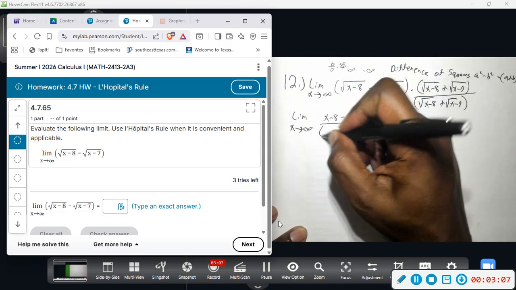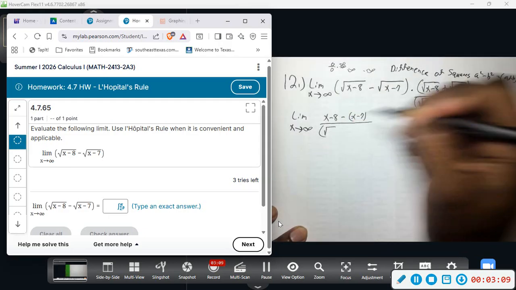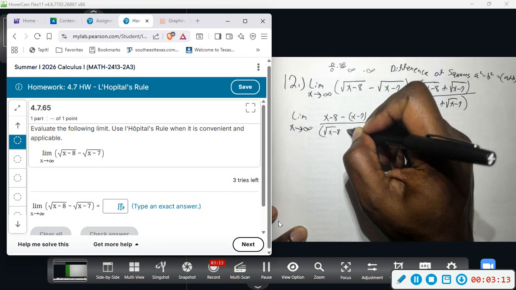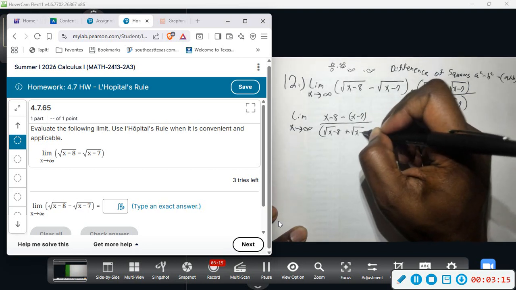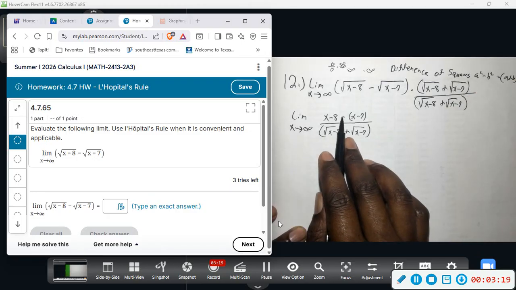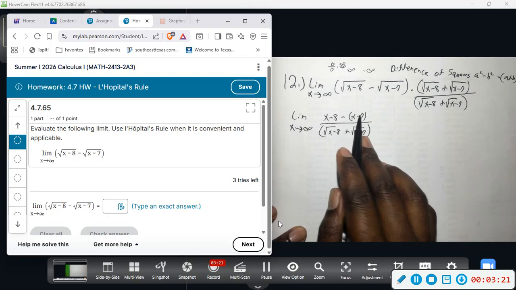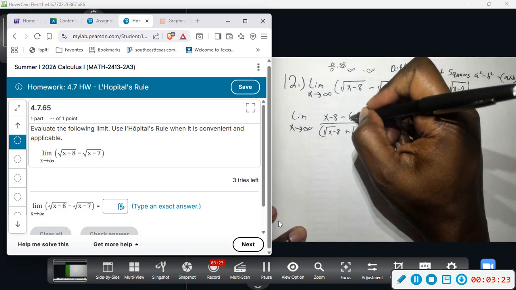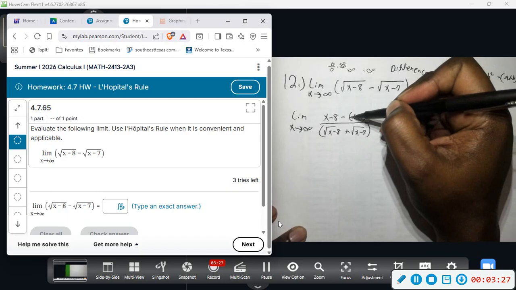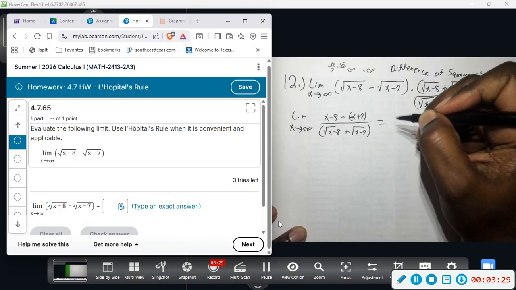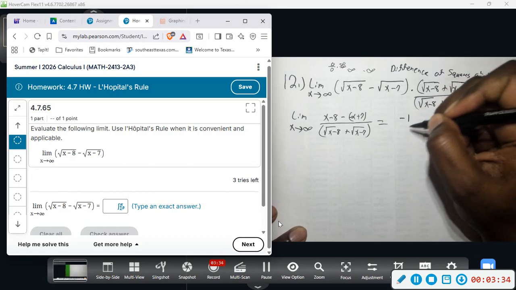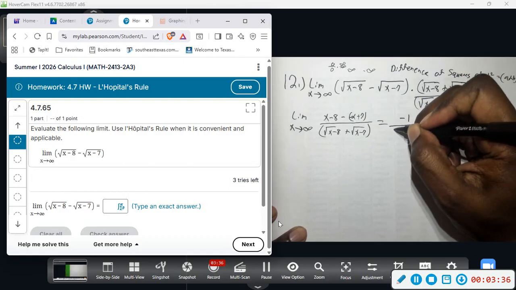And then it'll be all over the bottom, which is square root x minus 8 plus square root x minus 7. Simplifying, distribute, so this will be a negative x and a plus 7. The positive x and negative x will cancel out to 0. Negative 8 and positive 7 will give us a negative 1 over